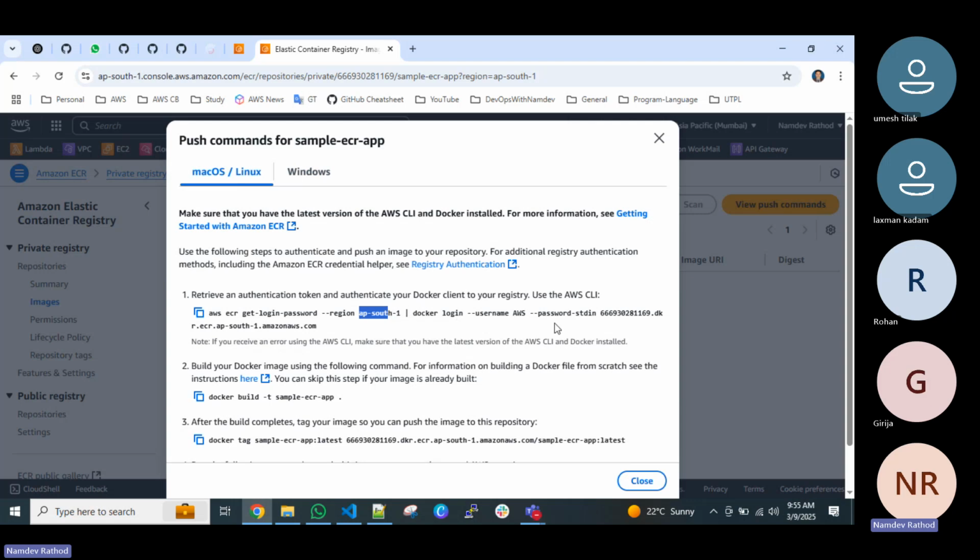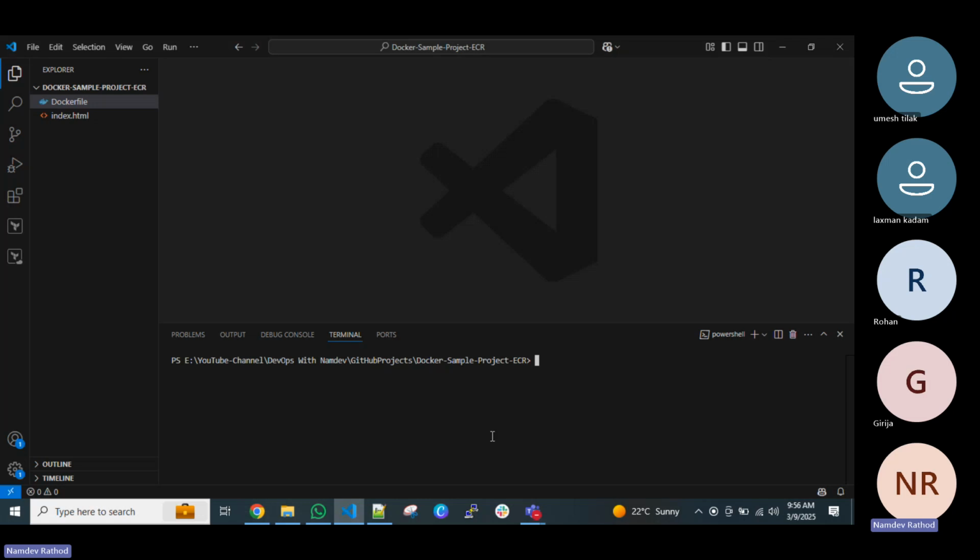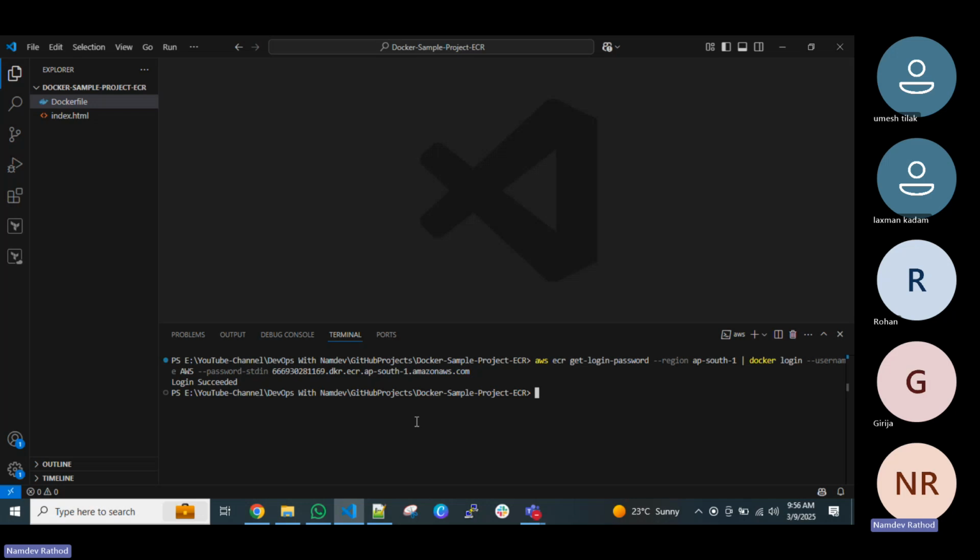Docker login username AWS, password it will take from this account, whichever credentials we just configured, right? AWS CLI. And this is the path of this ECR registry. I just log into that from the local. Just copy paste it. Let's see. If everything is fine, we will get this message. Login Succeeded. If there are any issues, like permission not defined properly